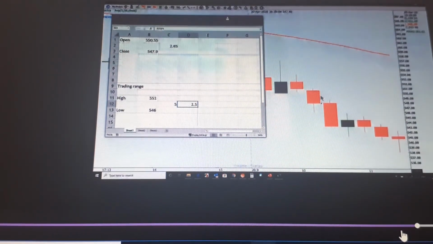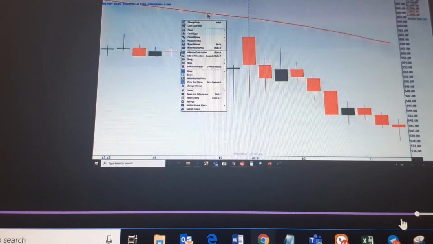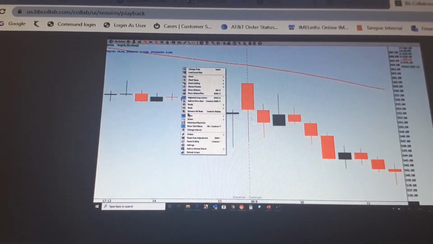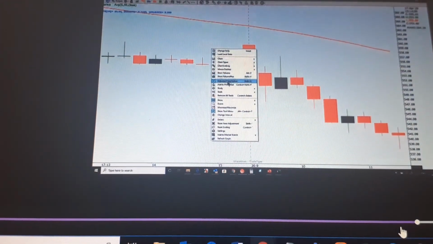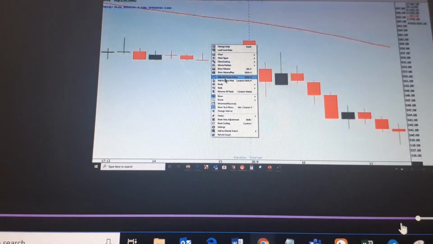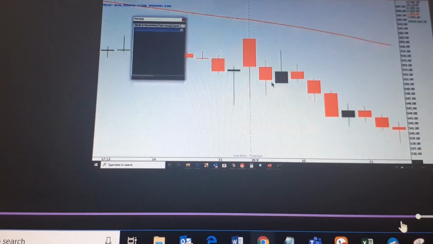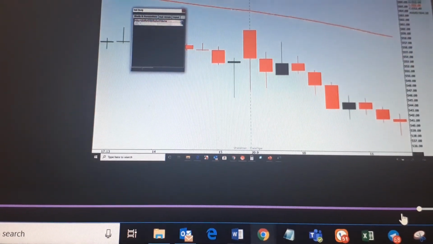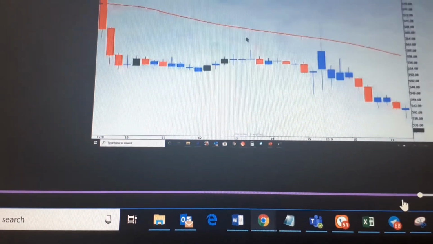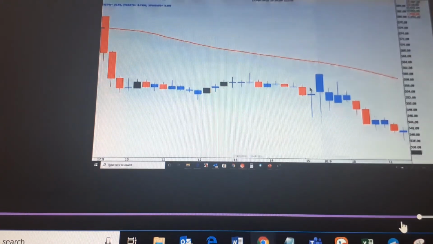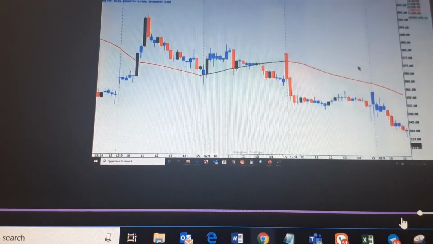Now, as somebody told, this is not very important. There is an indicator here in Trade Tiger, the basing candle indicator, which is not very important. If you want to put it, you can just put it over here. I never follow this basing candle indicator. If you go to Studies, there's a basing candle indicator. All those candles which are base candles, where body is less than or equal to 50% of the range, will change to blue. So that's your basing candle. But I do not follow this.